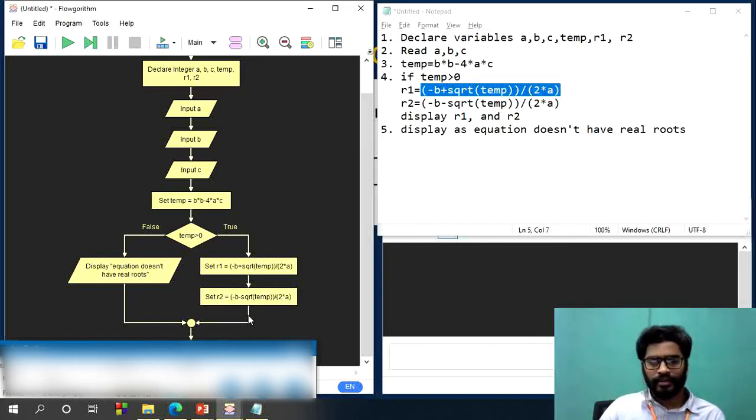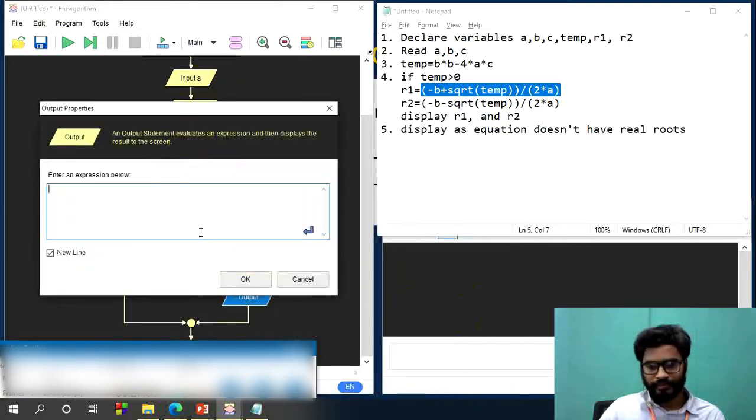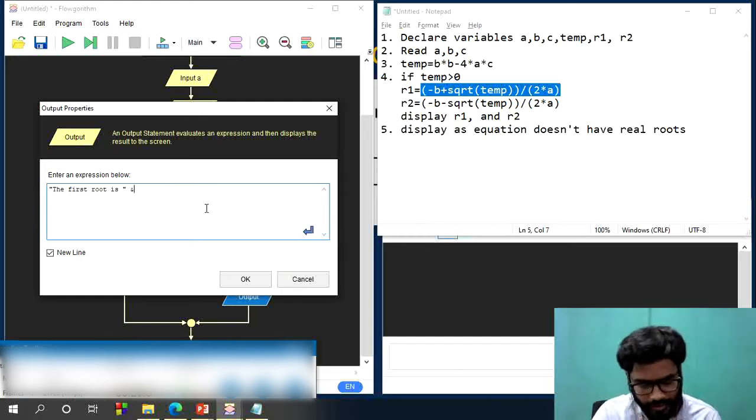To display output, you need an output symbol. Display here, the first root is. So this is the message that you would like to display. Keep it inside double quotes, and after displaying this message, you have to display the value that is there inside R1. You have to use the ampersand symbol followed by R1.